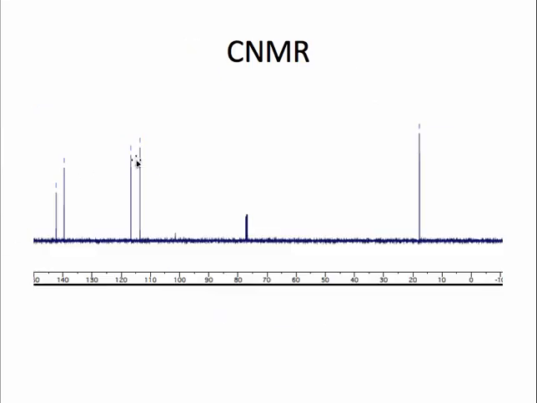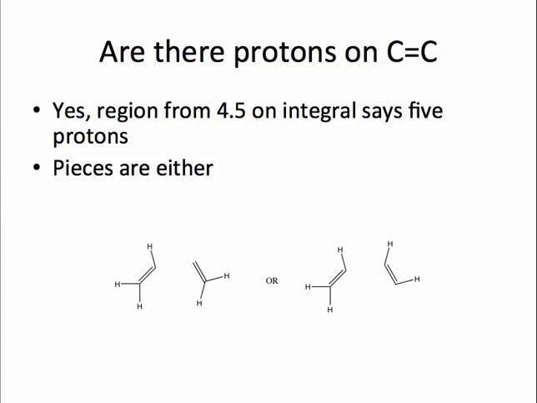Just to look at the spectrum again, here are the 4 peaks that tell us we have 2 C double bond Cs, and here's our 5th carbon, which is in the standard sp3 region. Now, the next question we might ask is, are there protons on the C double bond C? Of course there are. We learned that from the IR already, but if we look in the left-hand side of the spectrum, that is to say the region past 4.5, we can see that the integral tells us that there are 5 protons